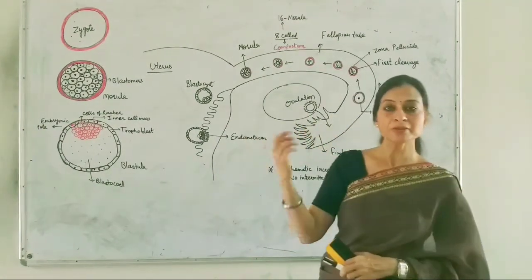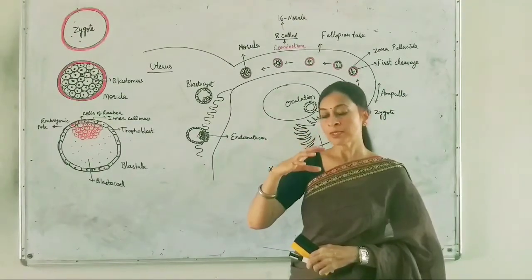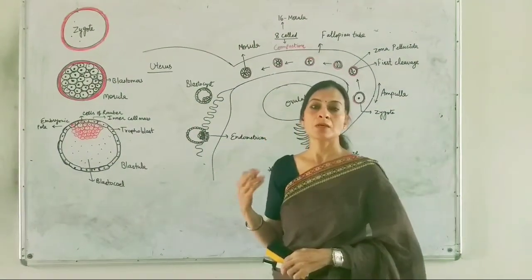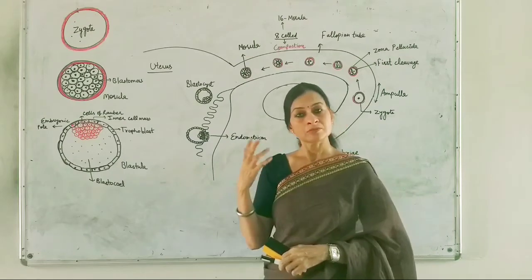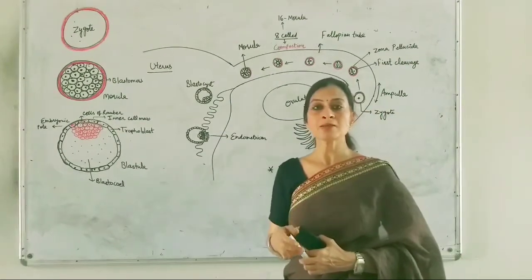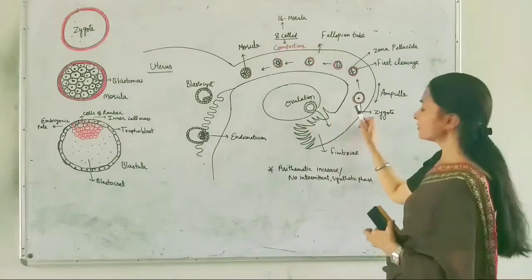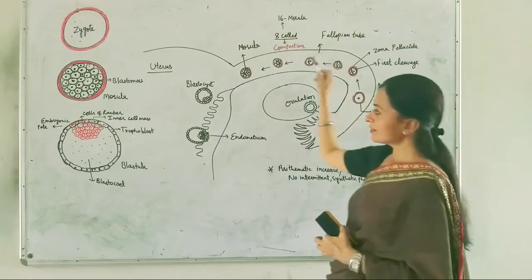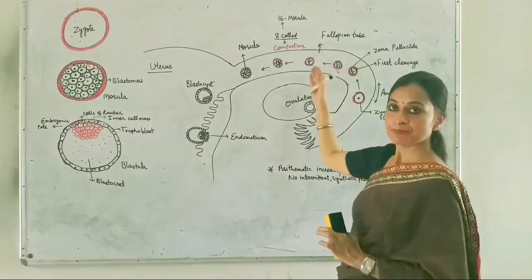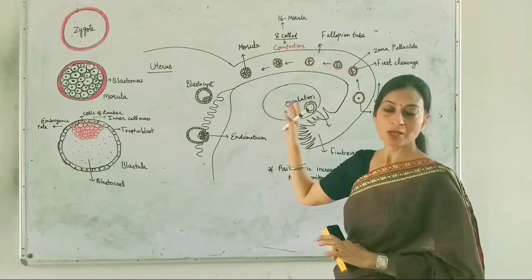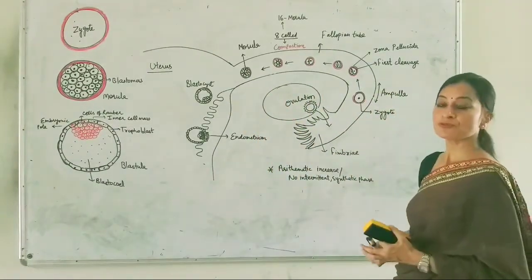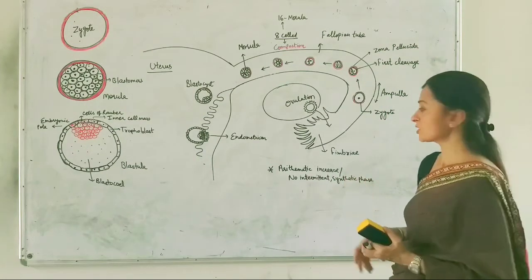Means the sperms enter the body, and out of the hundreds of sperms, only a single sperm is going to fuse with that egg, and when the fertilization takes place in this ampulla region, we will have a single diploid cell that is known as the zygote. So I have shown here the zygote, and you can see that in this diagram I am showing various structures which are developing after the fertilization process. So let's see what these structures are and what is the speciality of all these structures.